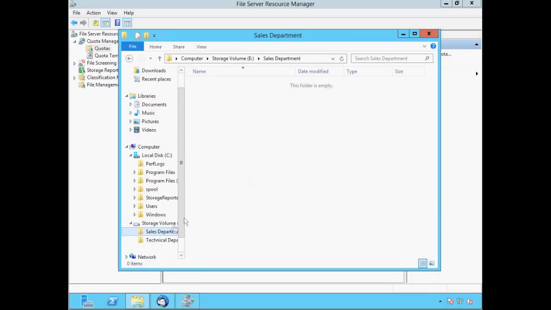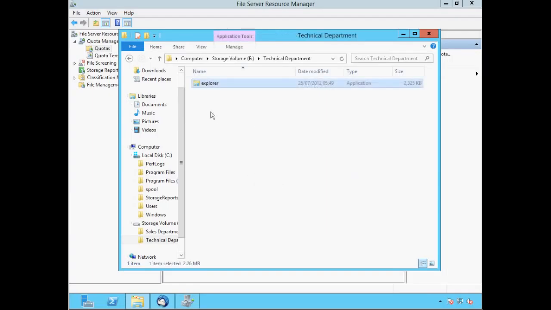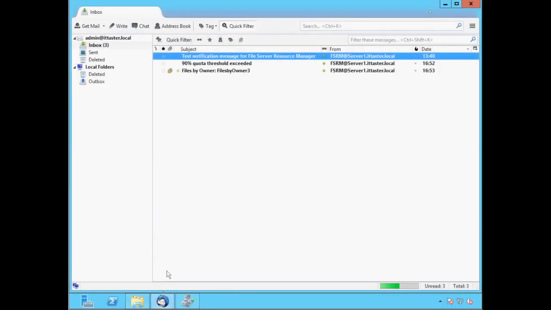If I now try to paste the Explorer application into the Technical Department folder, now remember we set a soft quota limit of 2 megabytes. As you can see, we're allowed to save the file and exceed the soft quota. If we now go to our email, you'll notice we've got a couple of emails from FSRM, and if we open the first one,